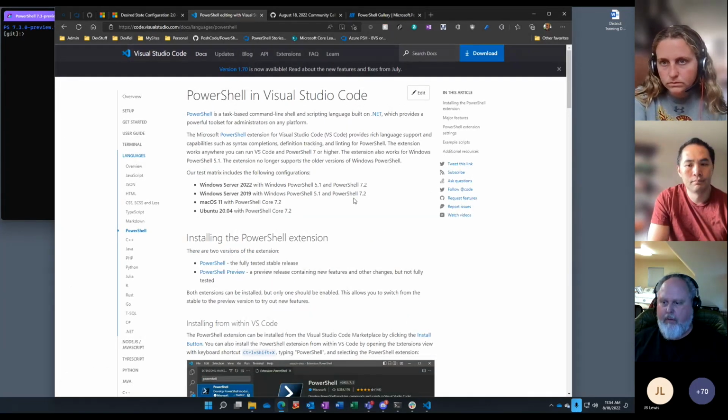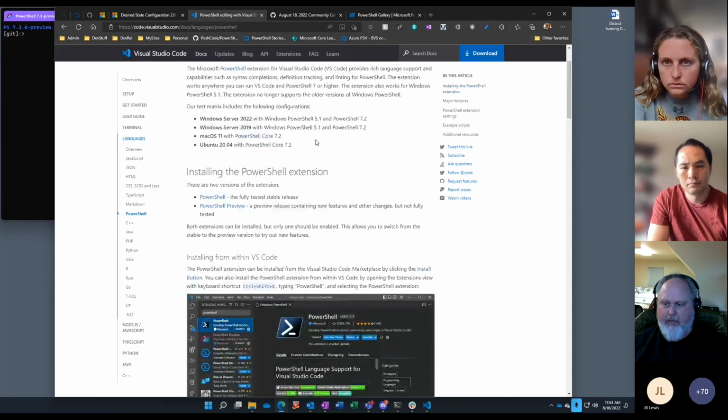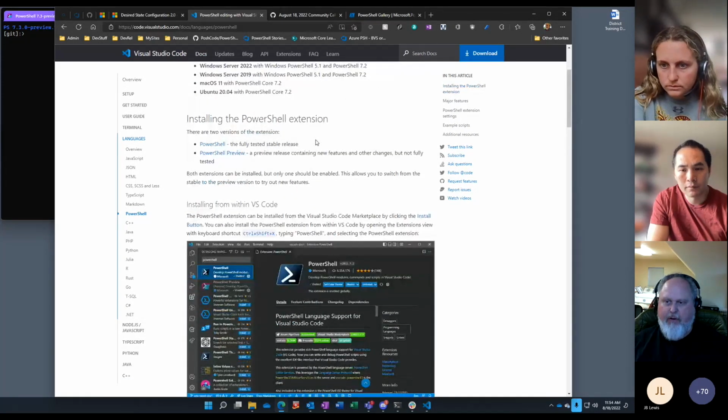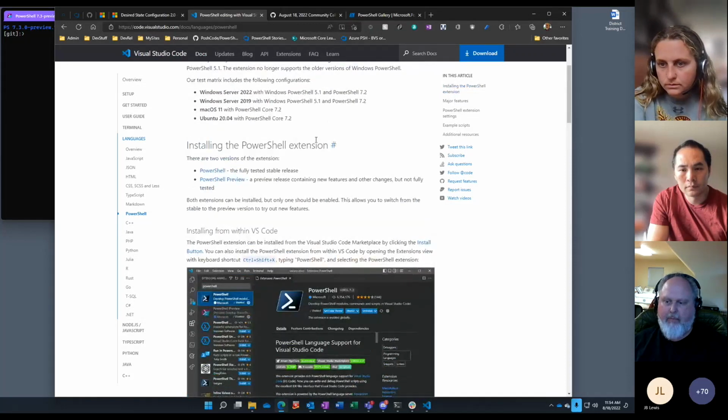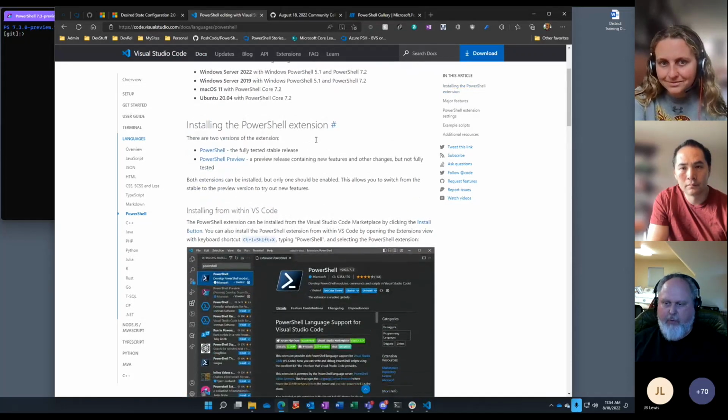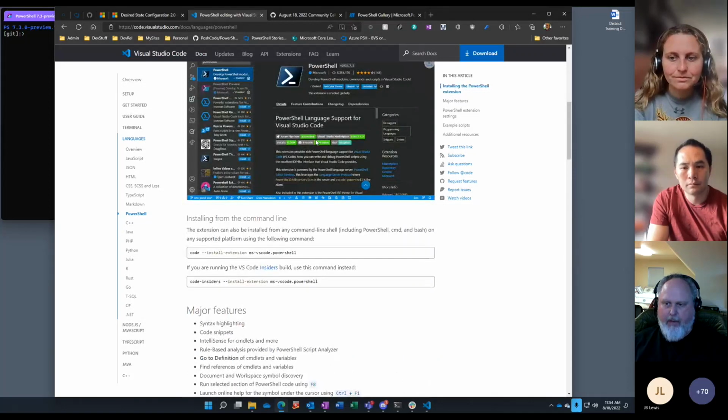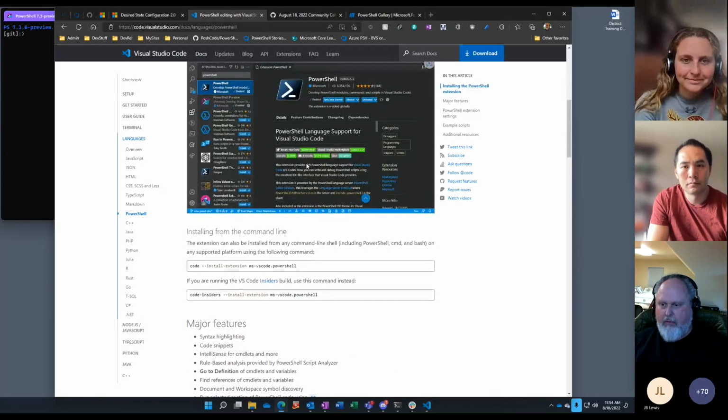The next thing I want to talk about real quick is an update to the docs page for the PowerShell extension for Visual Studio Code. If you've been coming out here seeing this documentation, it was very outdated. It was like 4 years old. No one was maintaining this. This isn't in our normal location for docs, but this has been updated.